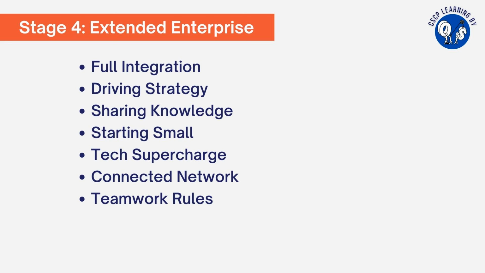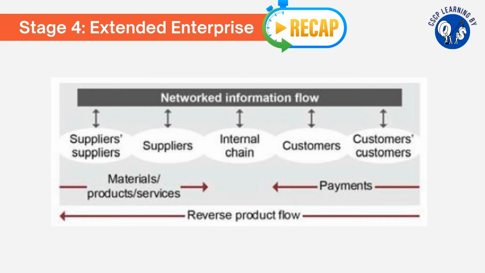Teamwork rules. They break down barriers between different parts of the company. Instead of each team doing their own thing, they have regular meetings where they plan together. This is especially important in dealing with customer demand and production schedules. E-commerce and beyond. They are at the forefront of e-commerce with interactive websites for customers and efficient business to business deals. In a global marketplace, whole supply chains compete, not just individual companies. In simple terms, it's like a well orchestrated symphony where everyone plays their part perfectly and the result is a